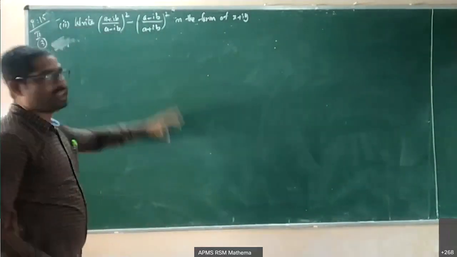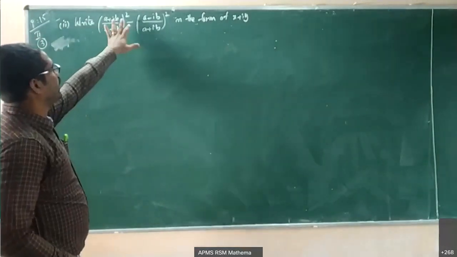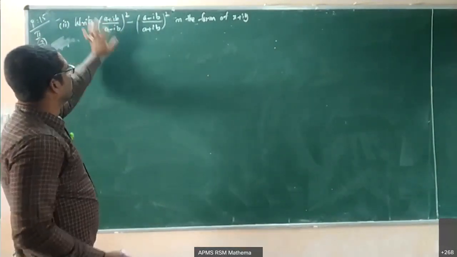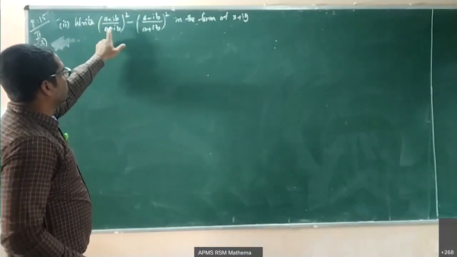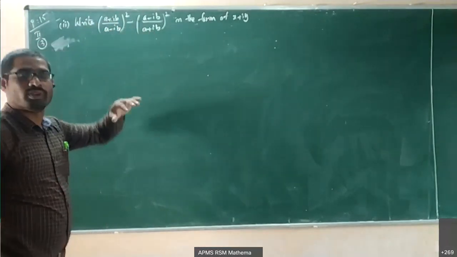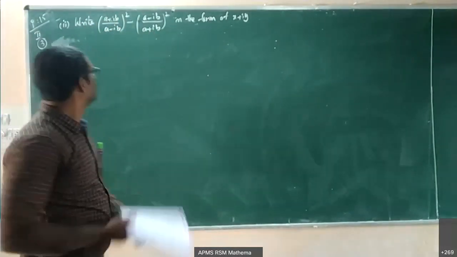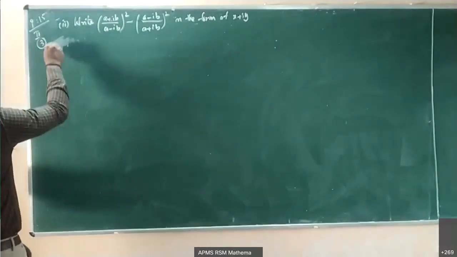Here you get calculations a bit more. First, don't expand the square. You try to multiply the complex conjugate of this inside the square here also. Then you further simplify, you get the answer. So we'll move on to the third problem.